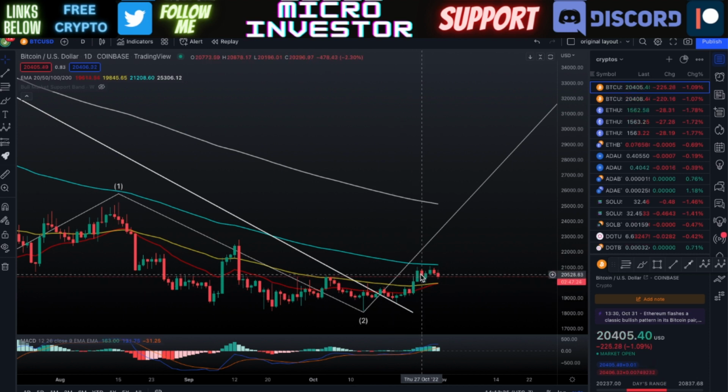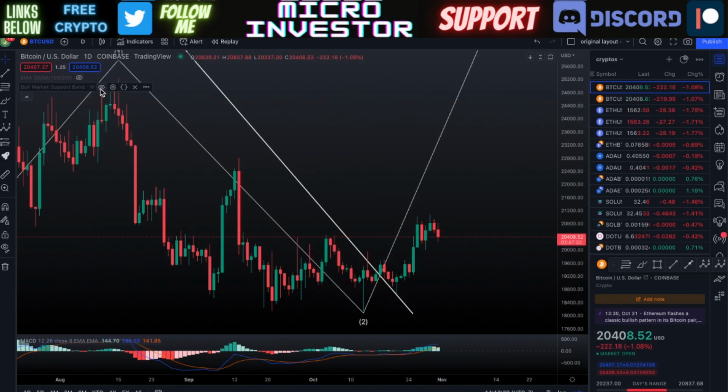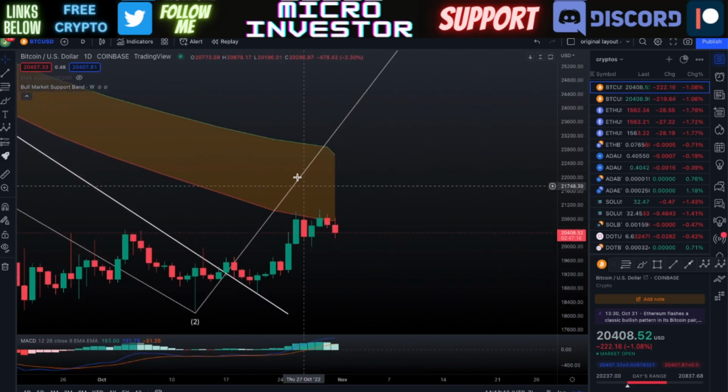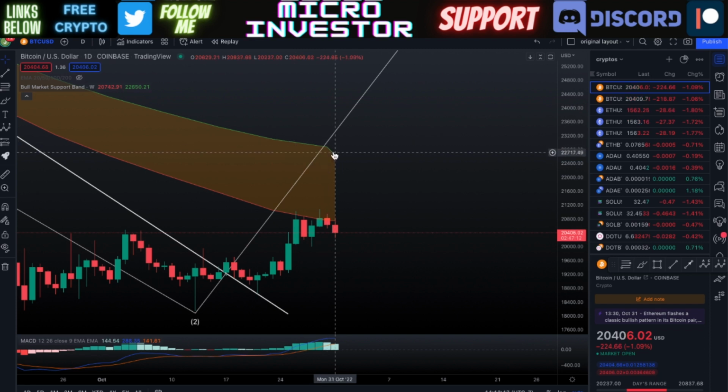It's broken through these different moving averages. And also worth looking at is our bull market support band that we're getting ready to get right up within. So right now it's called the bear market resistance band. If we're able to get on the other side of this, that will be our bull market support band. And that's at a price of almost around $23,000 to get on the other side of that. So that's one of the next big steps that we need to be taking with Bitcoin as we move more forward here.